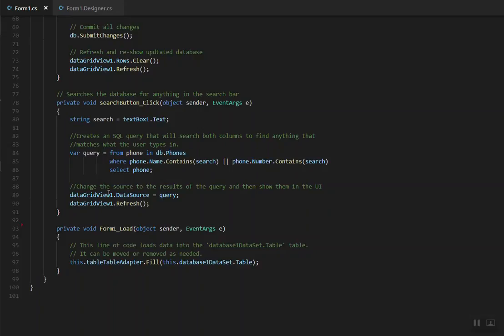Mm-hmm. So it honestly it kind of helps to think of it in a different order than it's presented. So from our database, pull any phone that either has a name or a number containing what's in the search bar. So this is it looking for anything relevant, and then this is then just returning the value of,